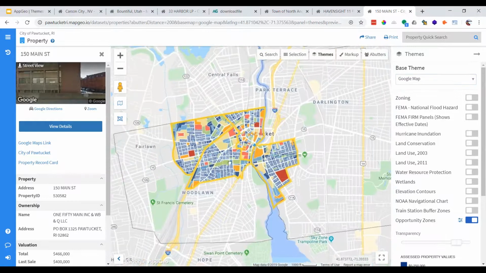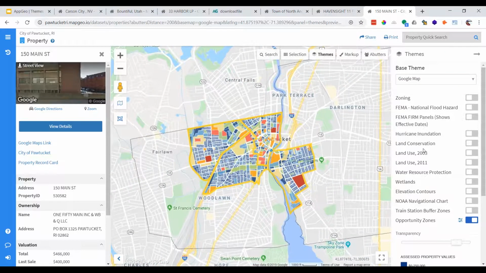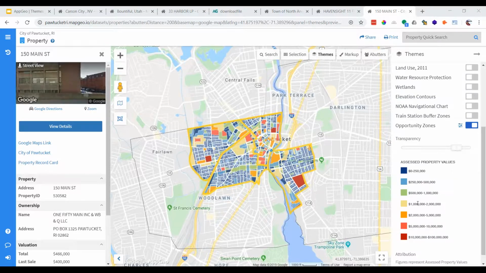And what makes them really interesting to me for Pawtucket is that they're also looking at a potential new commuter rail station, which, as we know, having access to commuter rail, a direct link to both Providence and Boston, can bring in more foot traffic and more commuting opportunities, and is usually a great plus for a community having access to that type of